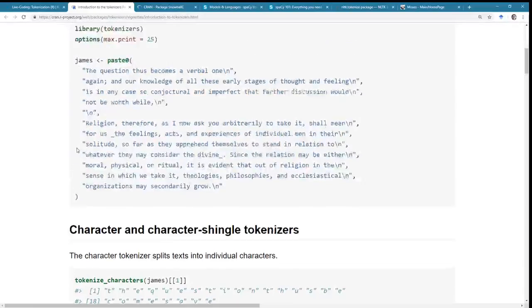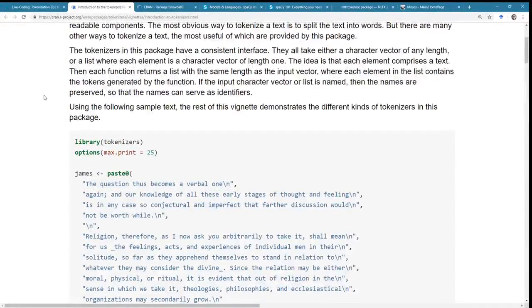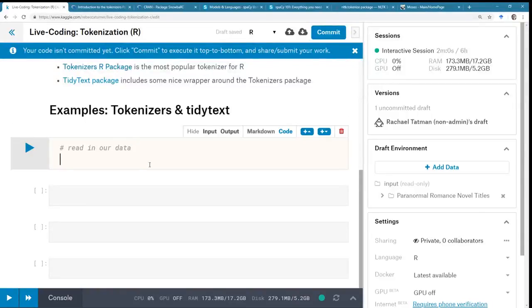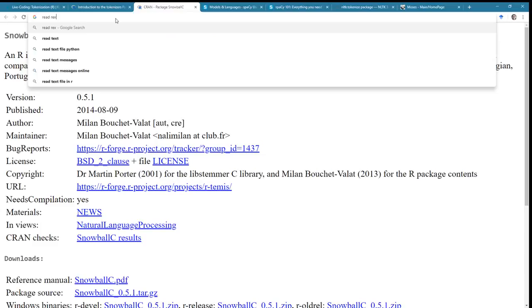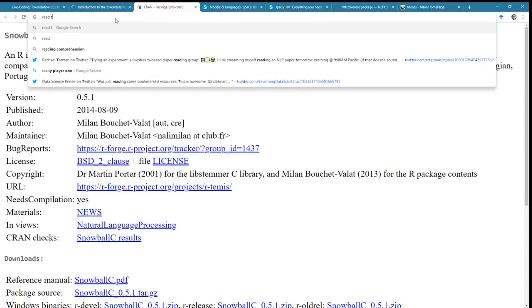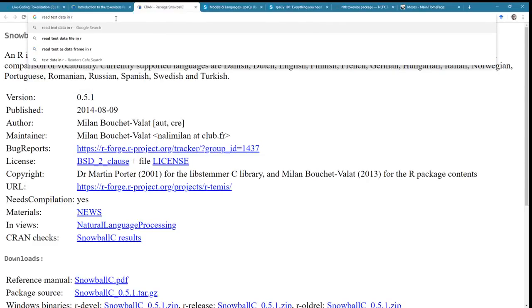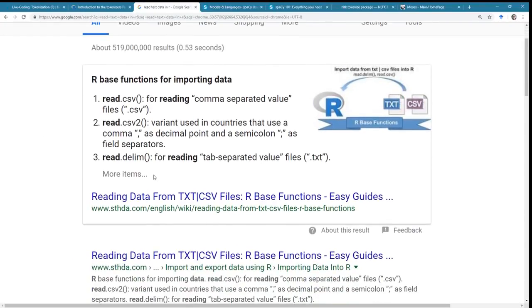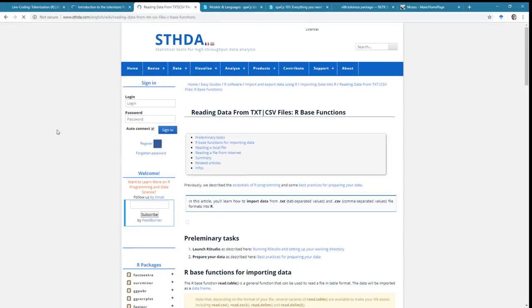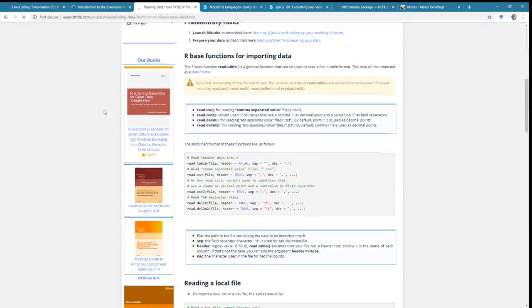Let's see. And now we need to read in the text, and I definitely remember how to do this. Nah, I'm gonna Google it. Read text data into R. I don't want to read delim. I want to read plain text. I think it's read lines.